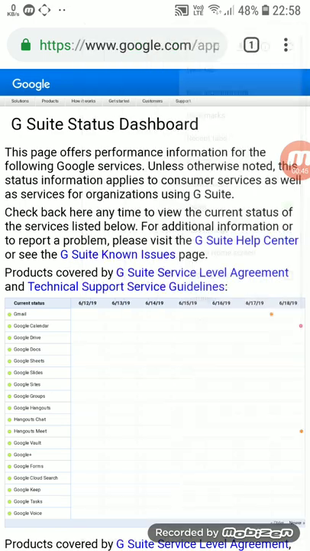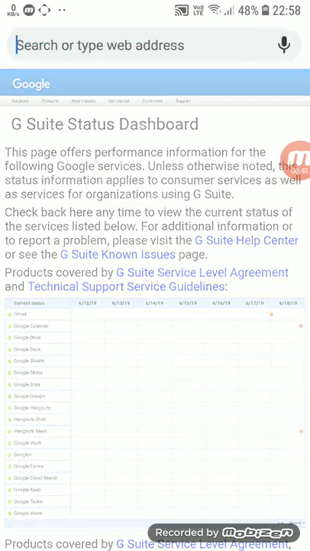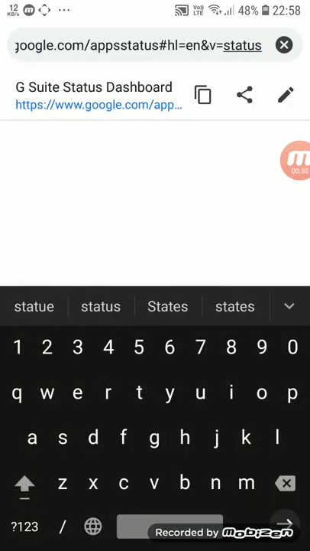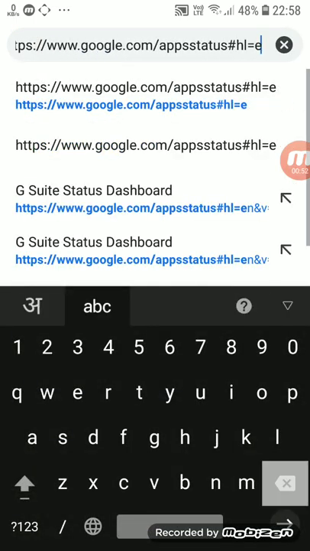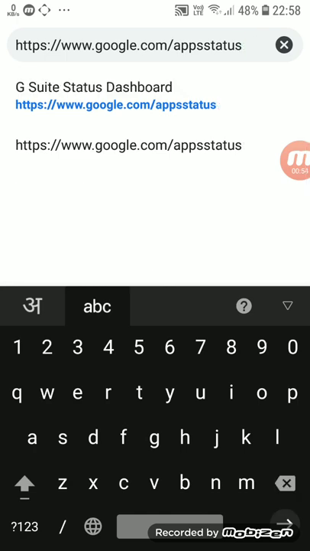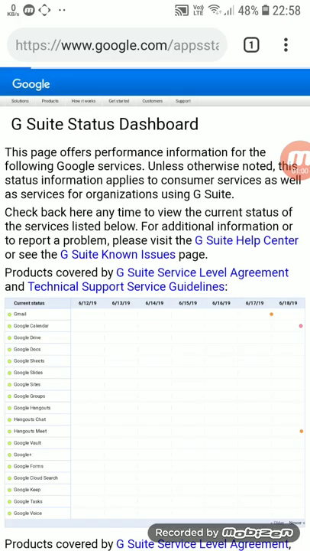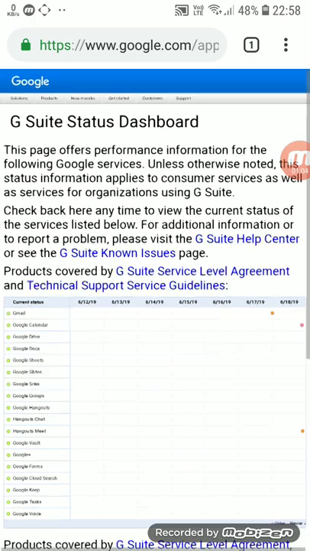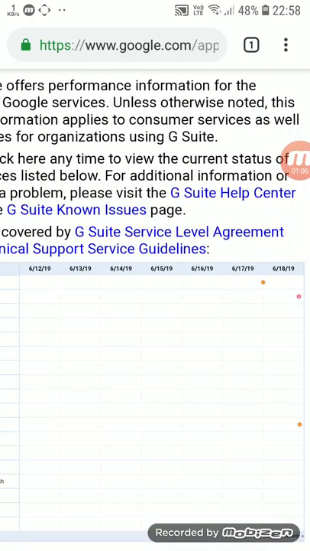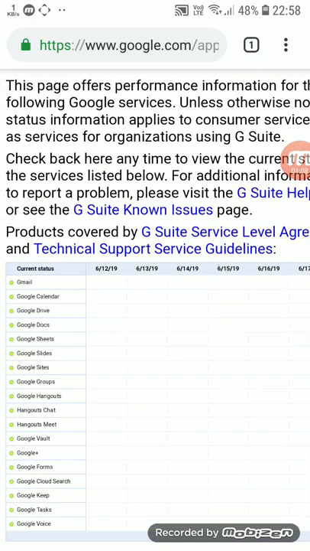So let me share the URL with you. What you can do is search google.com/appsstatus. Once you search it, you will get this dashboard. And today is 6/18, and if you see